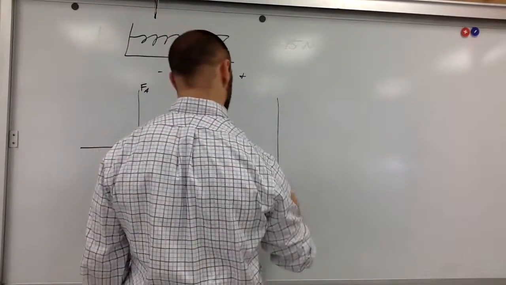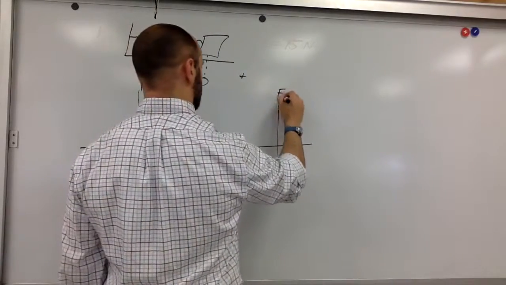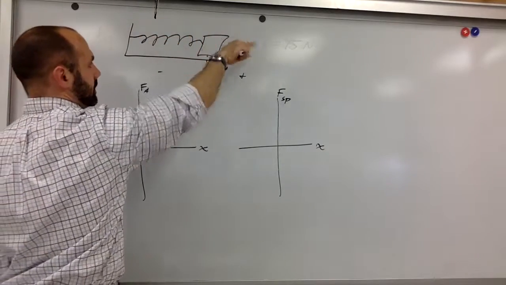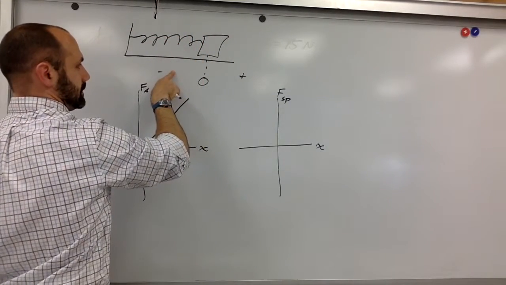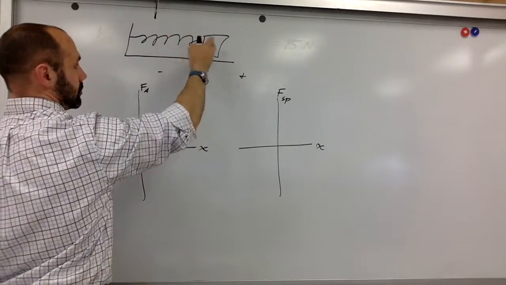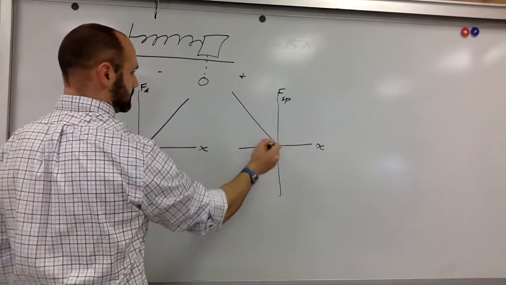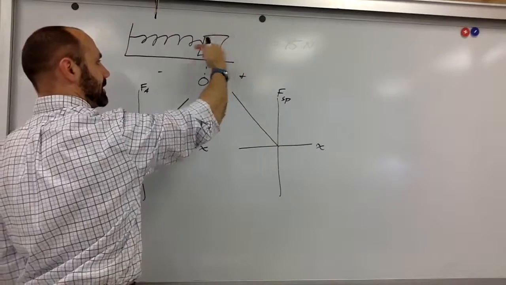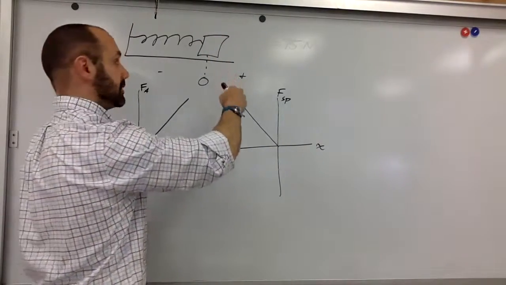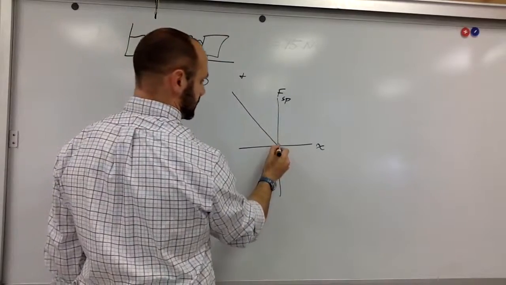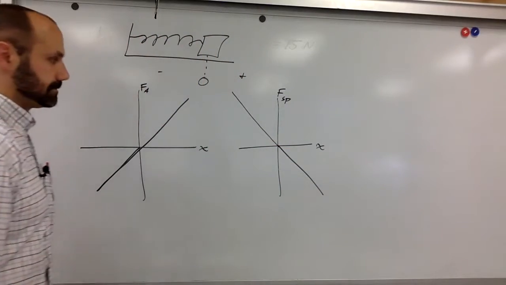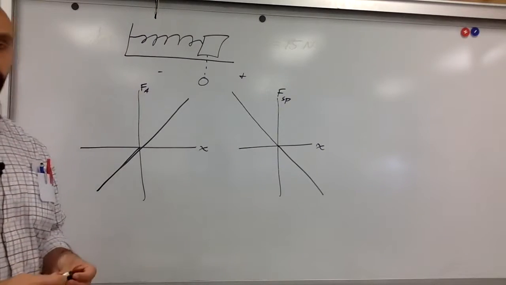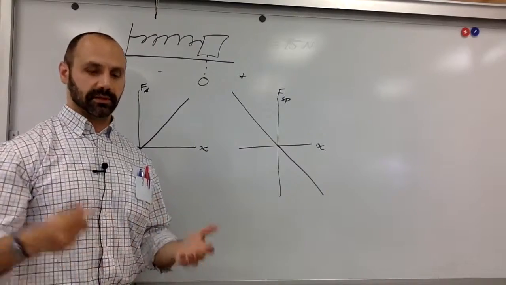But the force that the spring exerts, the force of the spring in X, as I move this way, the spring is pushing that way, even though I have a negative position. And the farther I go, the greater the force of the spring. So this looks like this, right? And then as I move this way, the spring is pulling back in the negative direction. And so the spring is exerting a negative force, even though I have positive position. So that graph is going to look like that. And so we have these two different graphs, applied force and the force of the spring. It's important to keep that in mind when you're doing these problems so you get the positives and the negatives